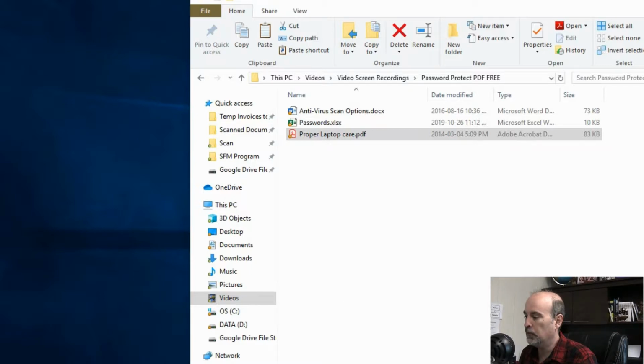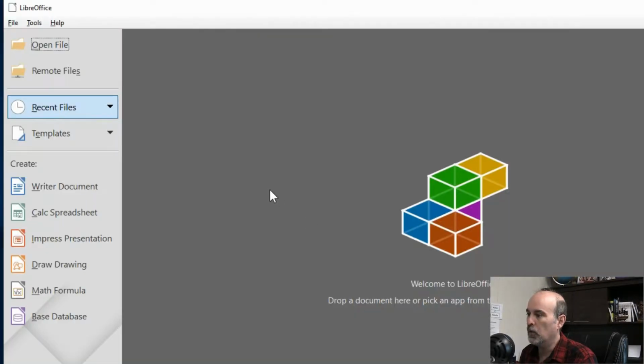So let's have a look now. With the software we've already downloaded, we want to open LibreOffice. Now we're opening the main interface to LibreOffice, which by default would have the shortcut on your desktop. We're not opening Writer or Calc or Impress or any of these other programs directly.